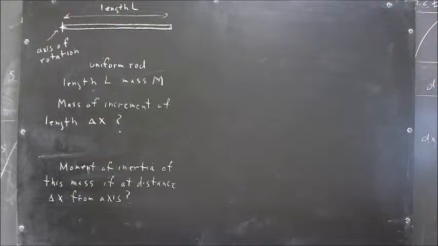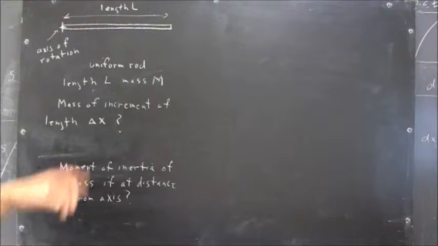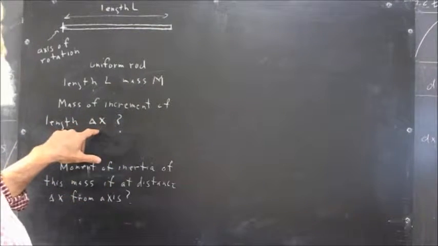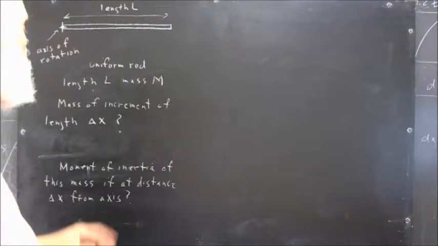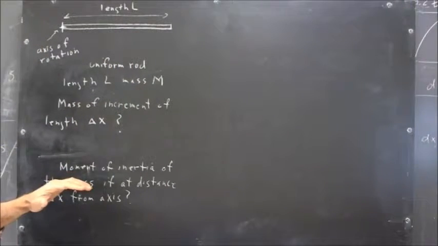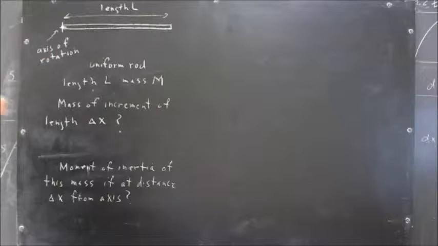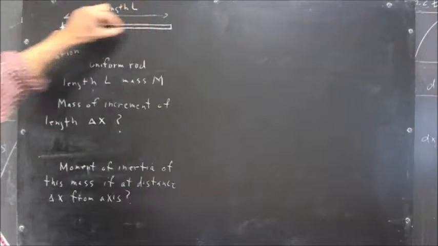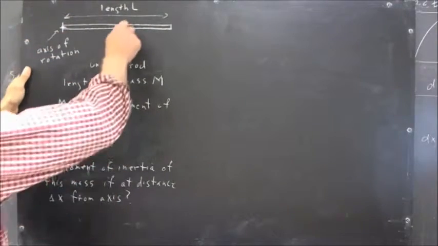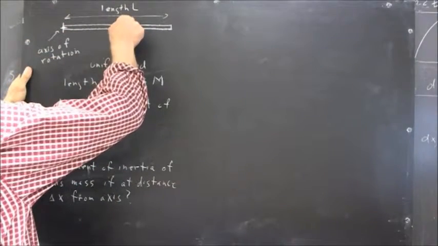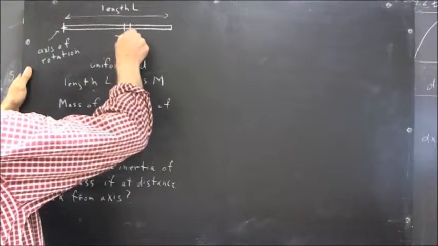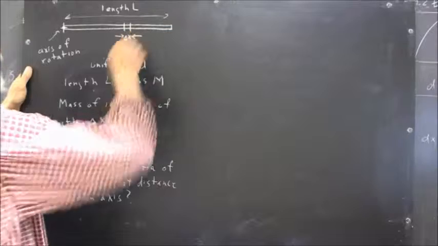So we want to start to get a handle on that, and what we're going to do is first consider what's the mass and then the moment of inertia of an increment of length delta x. So in the first place, the moment of inertia depends on where that increment is, but the mass doesn't. So anywhere on this rod we have a length delta x. So let's just say right here we have some small length delta x